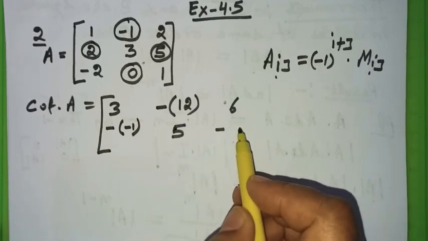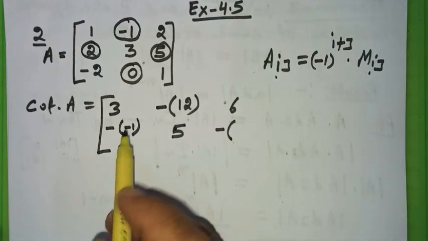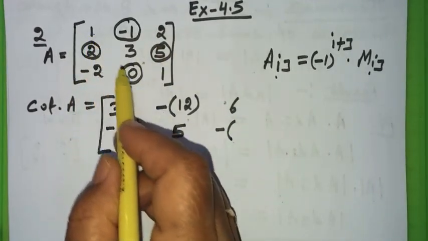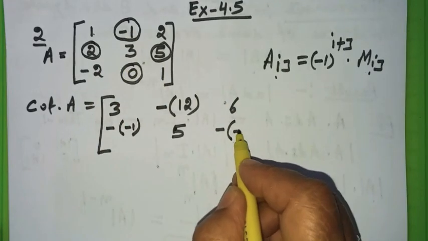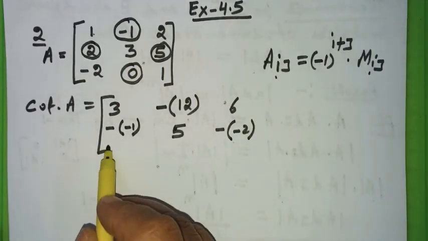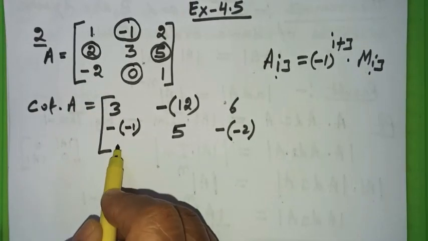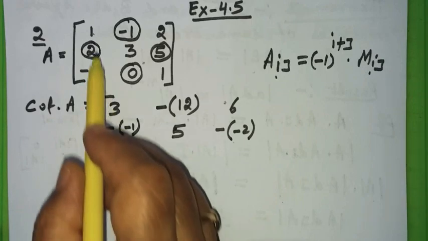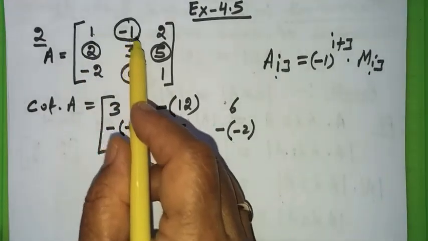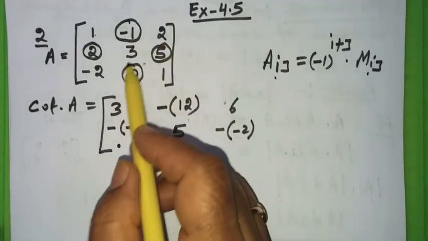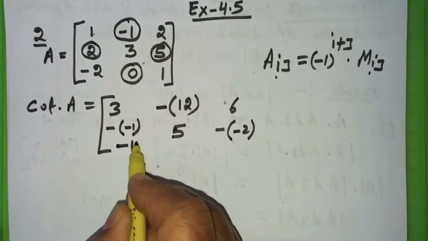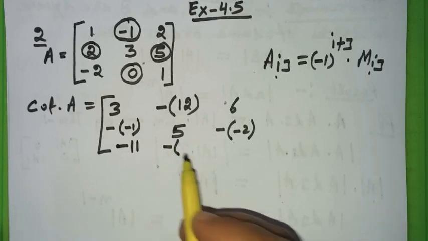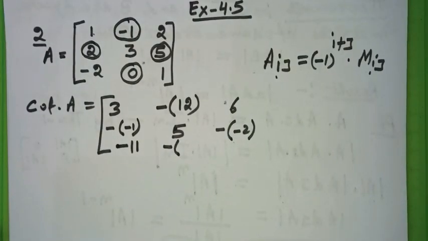For this element, they are going to be negative of each other. So we put a negative sign. We neglect the column and the row in which 5 lies. So we are left with 0 minus 2, so it's going to be minus 2. For this element with minus 2, I have to write here the cofactor of minus 2. It's going to be the same as minor, neglect the row and the column. So minus 5 minus 6, that is going to be minus 11. For this element, the minors and cofactors are negative of each other. So we neglect the row and the column and we get